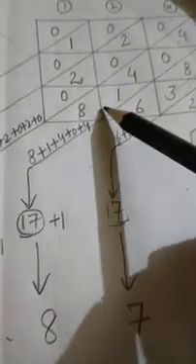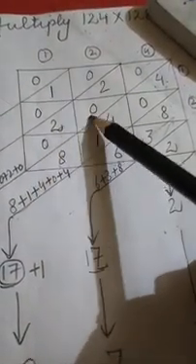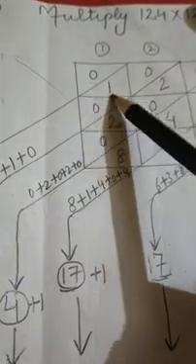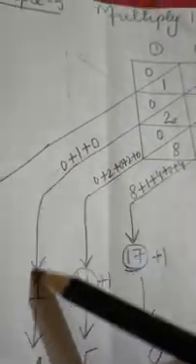How will we add these? Now you can see here is 2 only, we will write 2. Here diagonally 3 digits are there, 6 plus 3 plus 8, these are 17. Then here are 5 digits, 8 plus 1 plus 4 plus 0 plus 4, it will also sum up to 17. Then here are again 5 digits, 0 plus 2 plus 0 plus 2 plus 0, these will sum up to 4. Then here 0 plus 1 plus 0, it will become 1, and this diagonal is also 0.